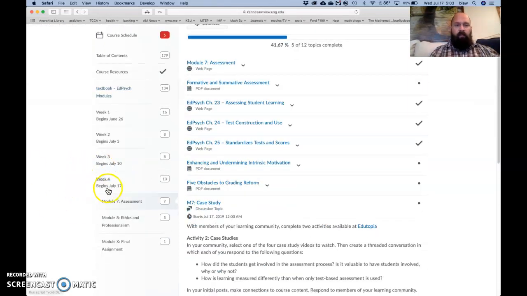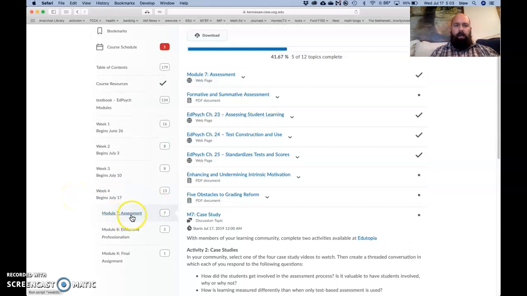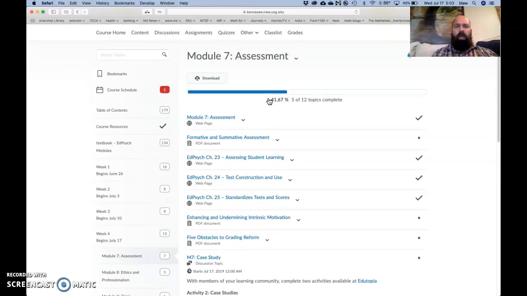So you'll see in week 4, we have 2 modules, and then this is just a small placeholder. I'll point to that in just a second. The assessment module, and then an ethics and professionalism module. The assessment module is probably just a little bigger than others, and the ethics and professionalism is definitely a bit smaller. So I'm not going to do a complete overview of the assessment module, but I do want to point